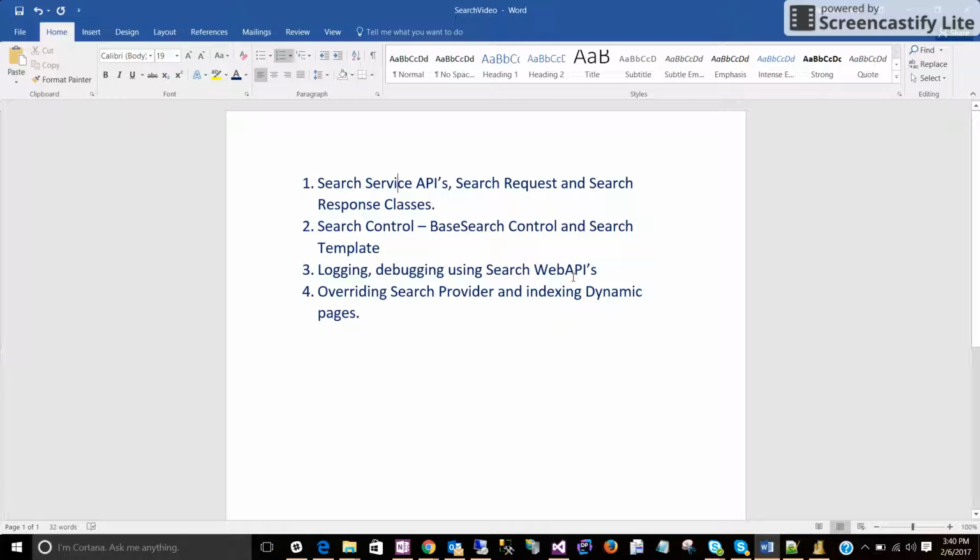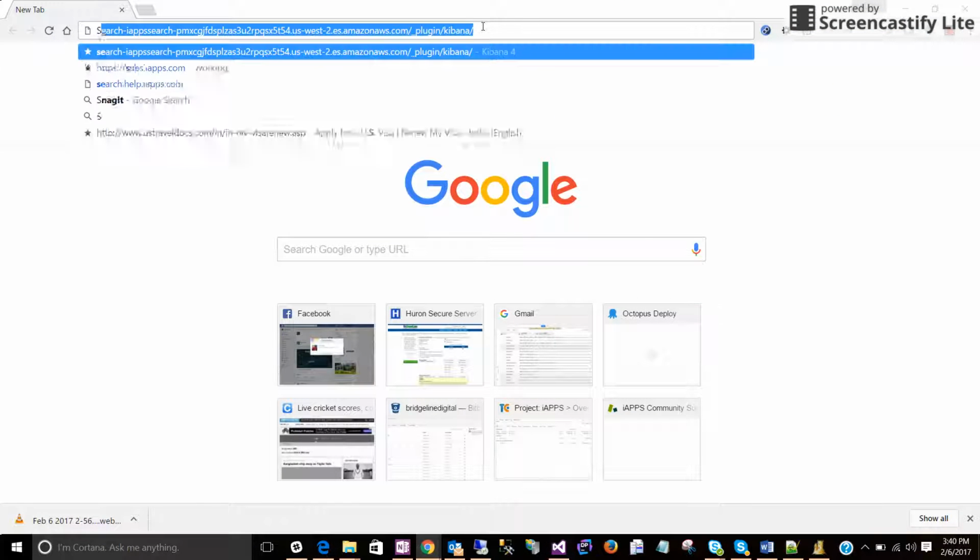This is in continuation of Elasticsearch integration with IAPS. In this and in the upcoming videos, we'll be discussing the search service APIs, the search request and response classes, the search control and the search templates, logging and debugging using search web APIs, and overriding search provider and indexing the dynamic pages. We have the search documentation at